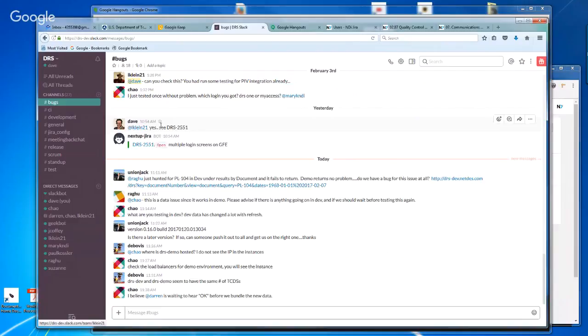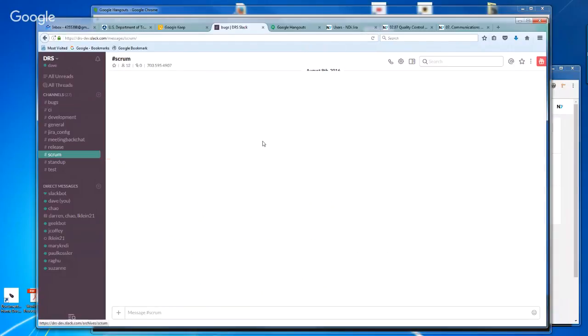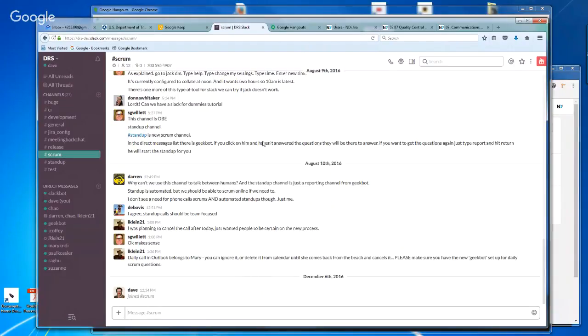Your statements come in here, and then this next up bot automatically includes the ticket name and any content related to it, what its status is, and it's a one-click and it launches you over into Jira. So the Scrum, although I'm not sure where it's at,